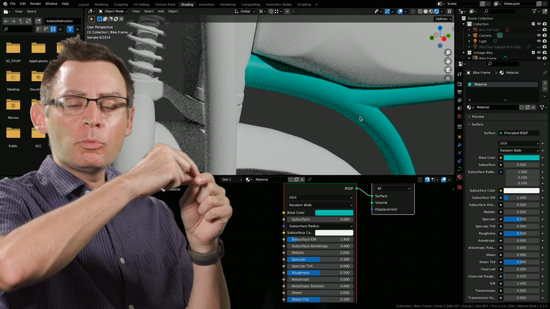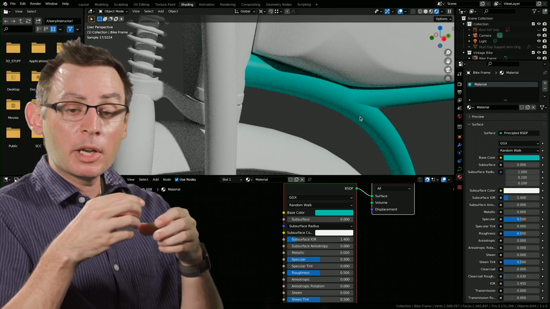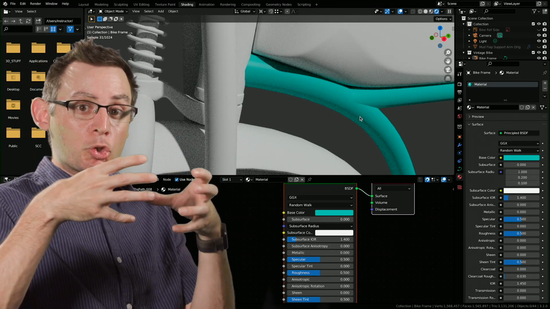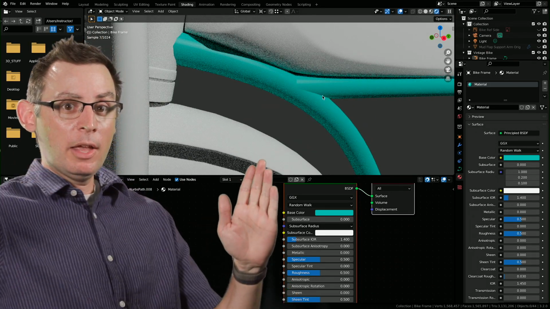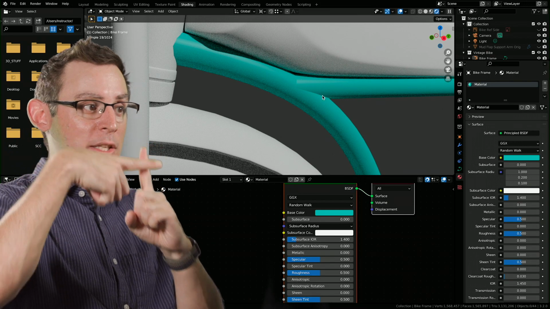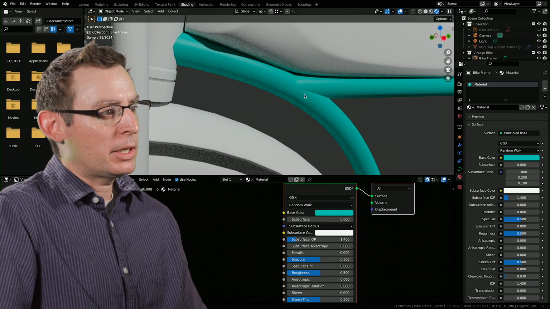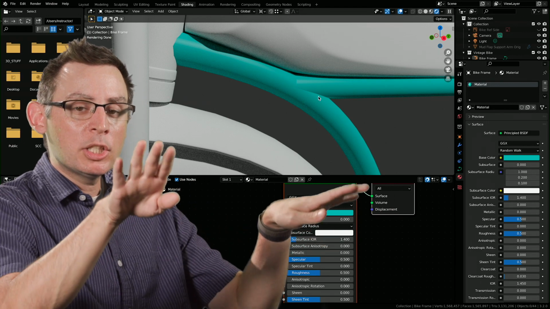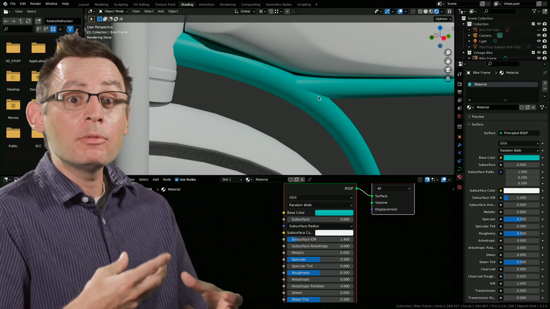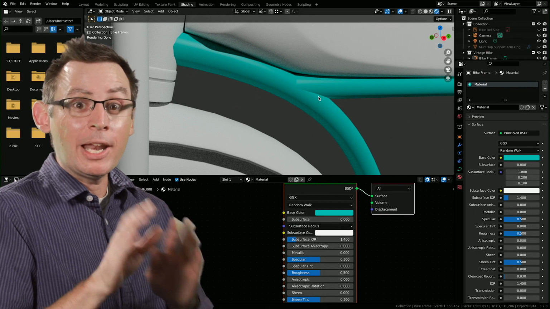This bike was created with a whole series of curves that I made into geometry and extruded out their shapes. And this is the result. We can actually see where the curves intersect. These are two pipes that are just kind of stuck inside of each other, and you can see that transition very clearly. We can blend that transition through what's called a rounded edge or a bevel shader, and it's pretty neat.